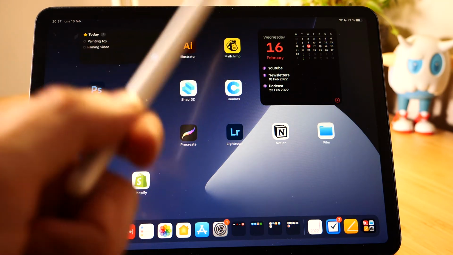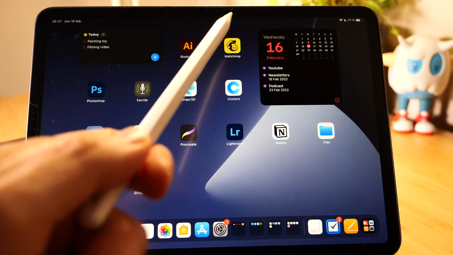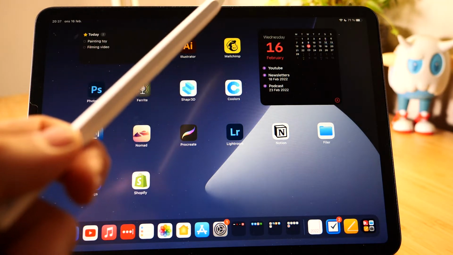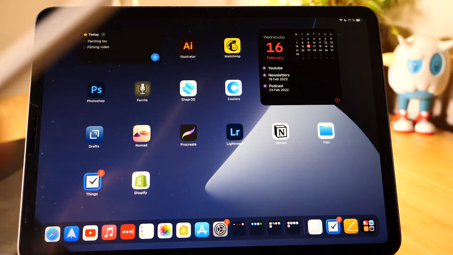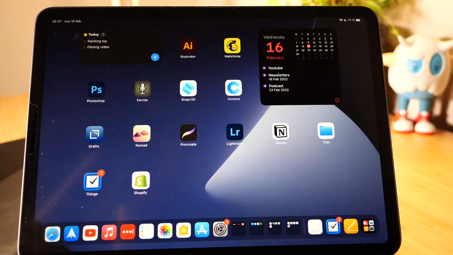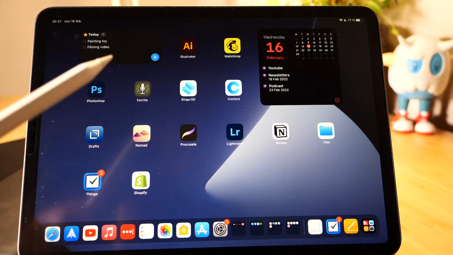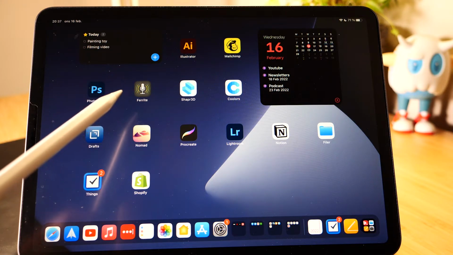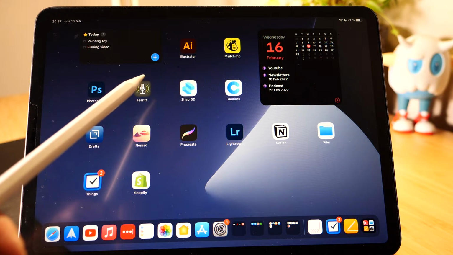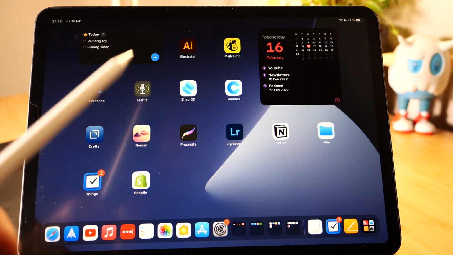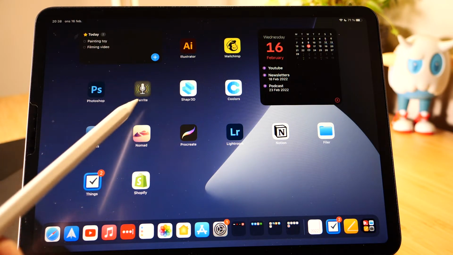But the problem is that I'm going to change. I changed this service. I'm not going to use MailChimp anymore. And this one is Ferrite. This one is the best audio recording app that there is out there